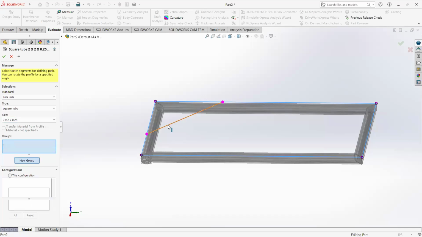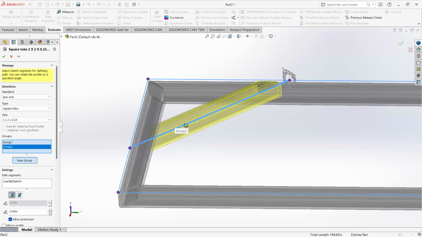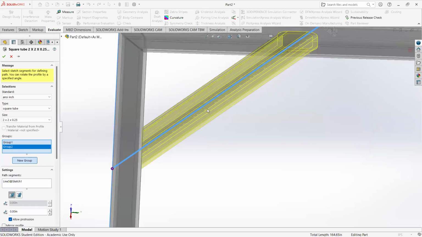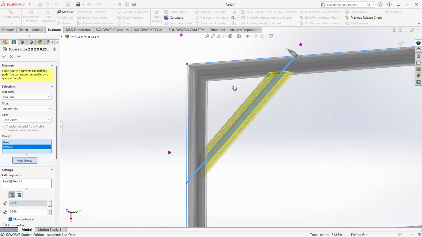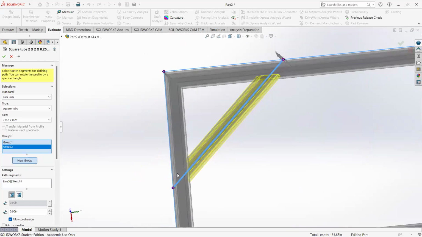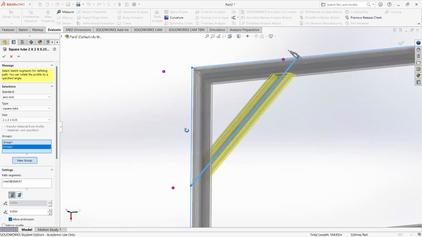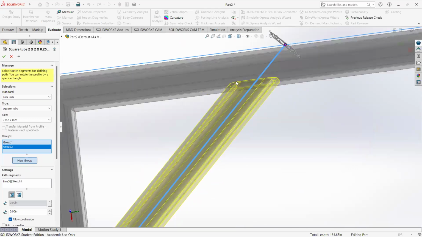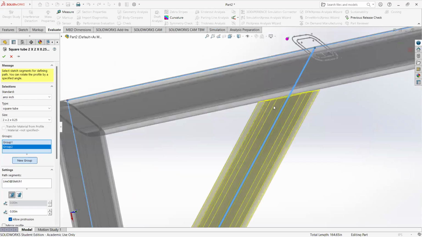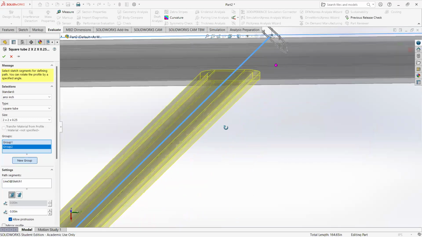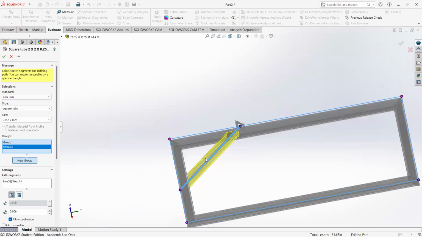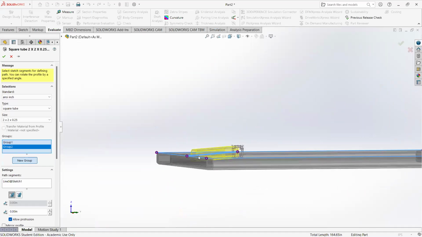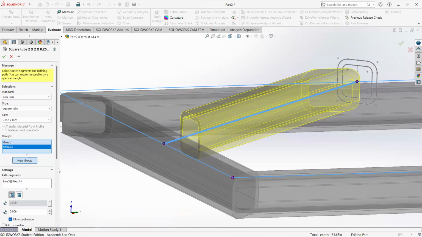and we now need to select a path, which is that corner that I just made, or that 45 rather. And notice now with a new group selected, it has dropped a preview in for me. It's automatically mitered it to butt up flat against the existing tubes. But the one thing that it has not done for me is notice it again defaulted to the center, which means that if I rotate it, I'm halfway above. So I also have to